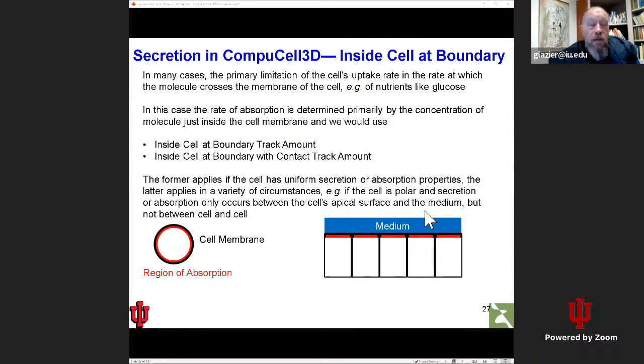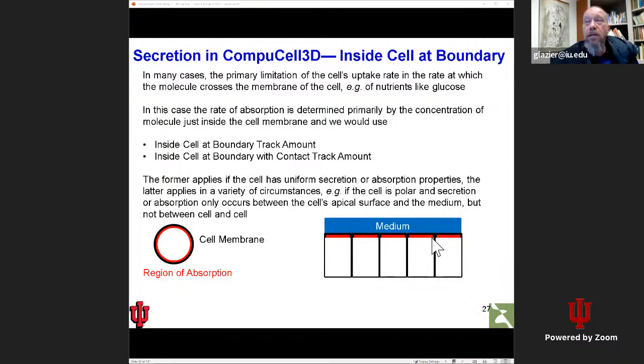So the first thing that we have to think about is where secretion is happening. It's going to be true for uptake as well. And this is ultimately going to be a biological problem or physical problem, which is where does secretion actually make sense? In many cases, the primary limitation of secretion or uptake is the time it takes the molecule to cross the cell boundary, the membrane. In that case,